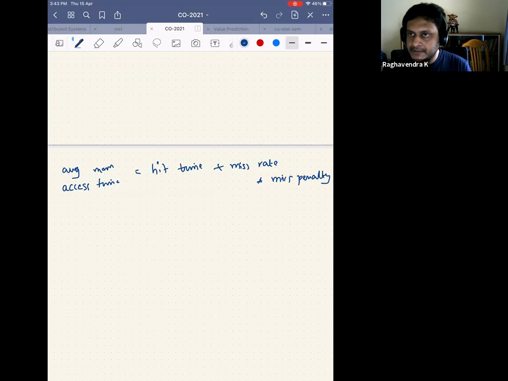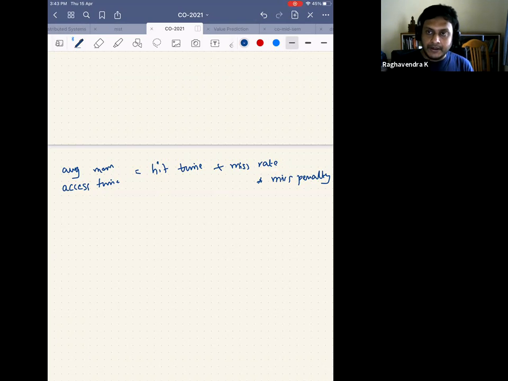In practice, it doesn't. There's a different formula that people use, but this is more or less the one that you will be using even for GATE, for any competitive exams. Nobody breaks down this formula unless you are an architect. So average memory access time is hit time, the time it takes to search in the cache and read the data, plus miss rate, the fraction of accesses that you did not find in the cache. So miss rate is the number of misses divided by the number of accesses through the cache. Miss penalty is the amount of time it takes for you to go and get the data from the next level.